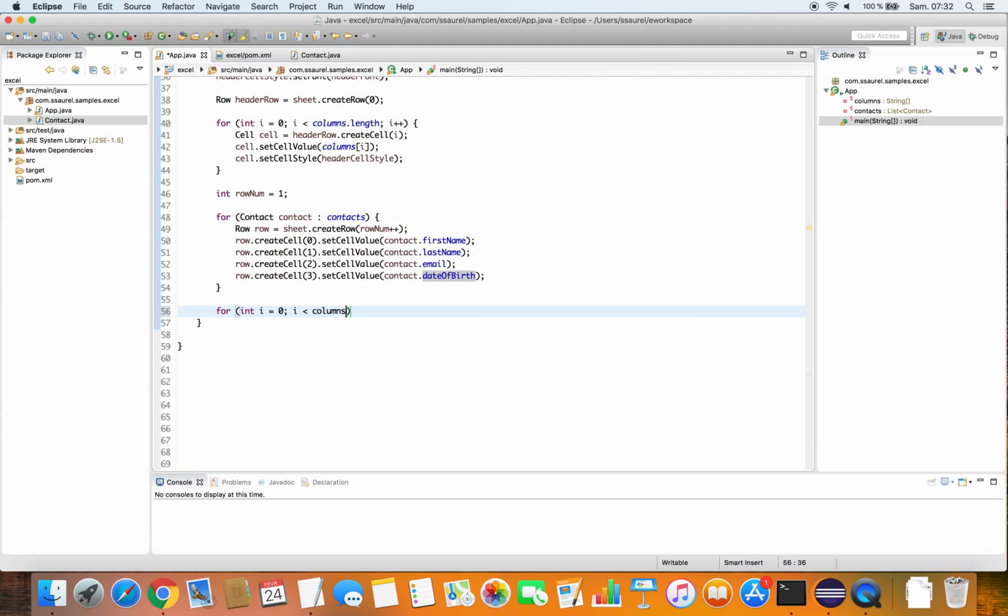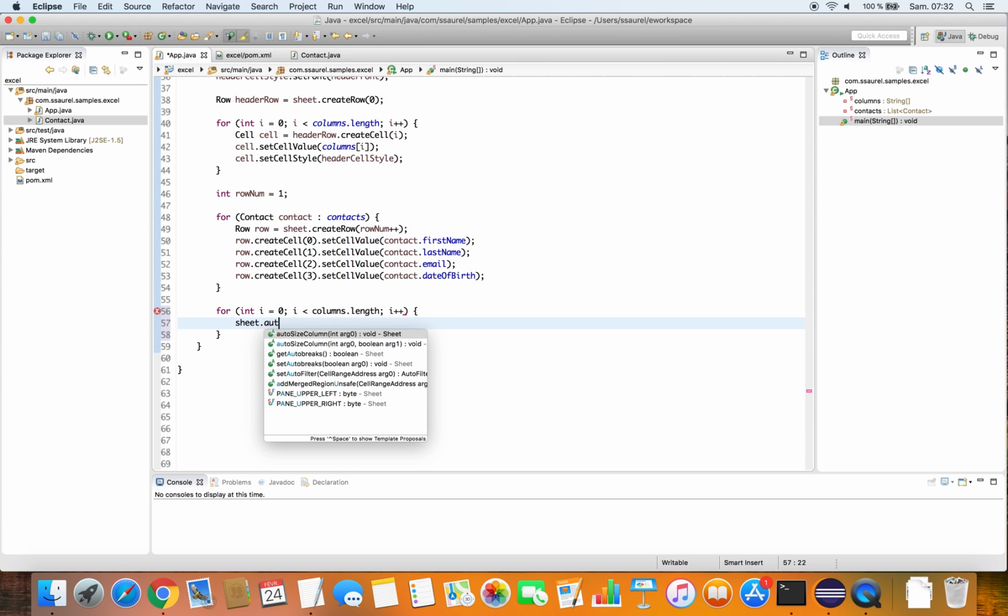And then we can resize all columns of our sheet to fit the content size. For that, we call the autoSizeColumn method of the sheet for each column.